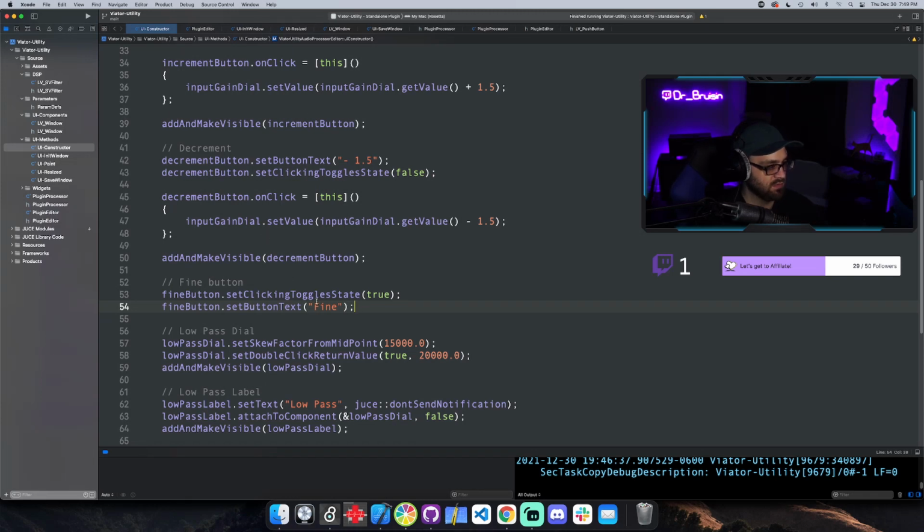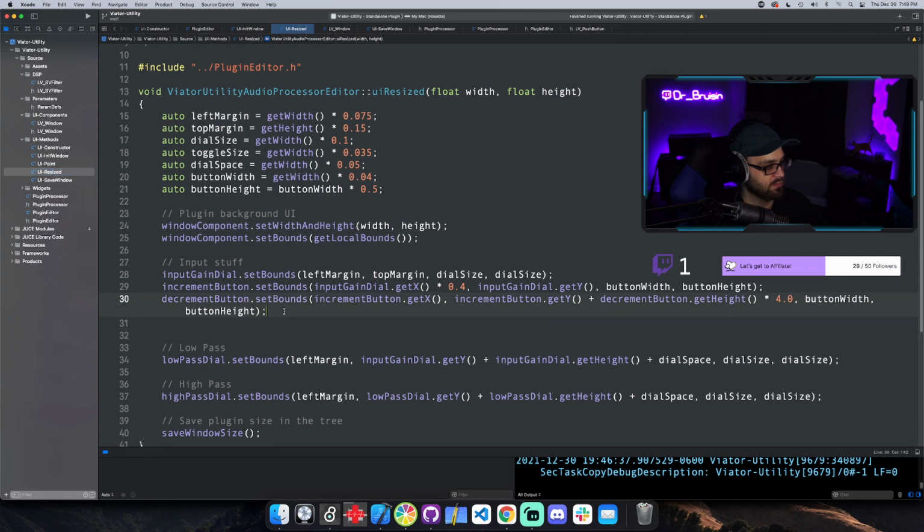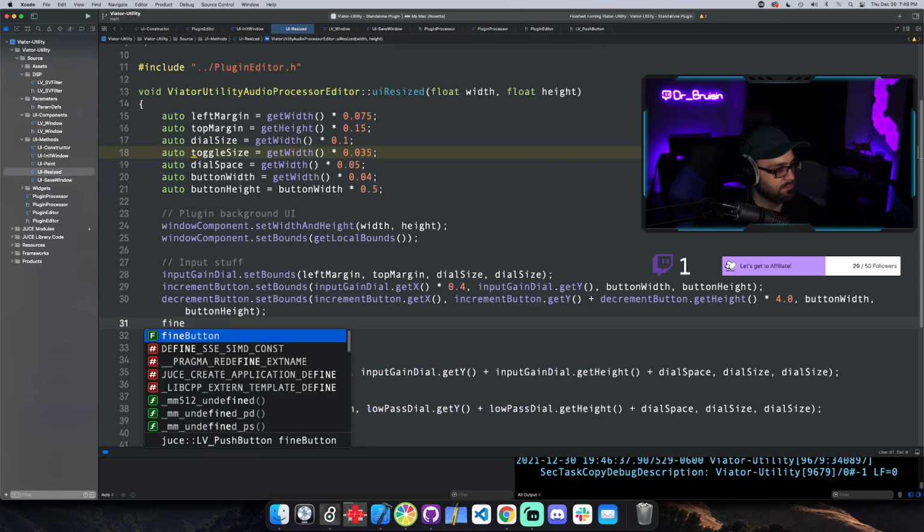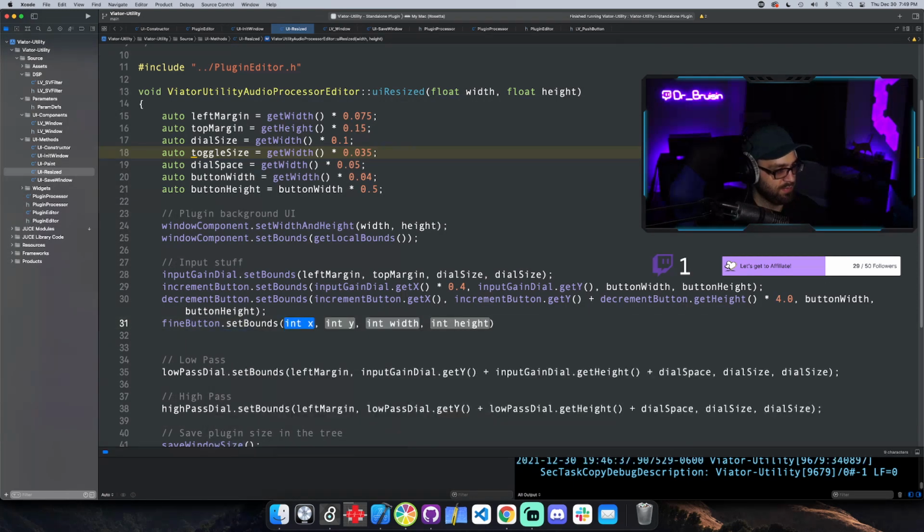We're just going to have to check the state in the other lambdas, but we need to put it on the screen somewhere. So find button, set bounds, the X position,